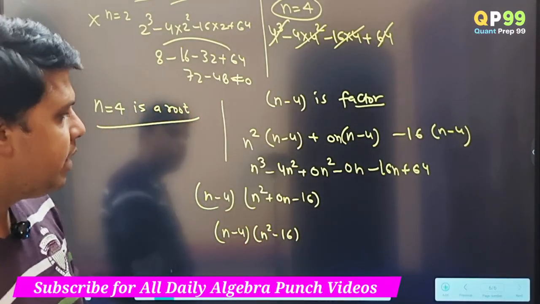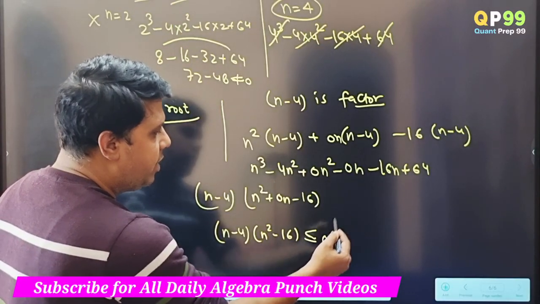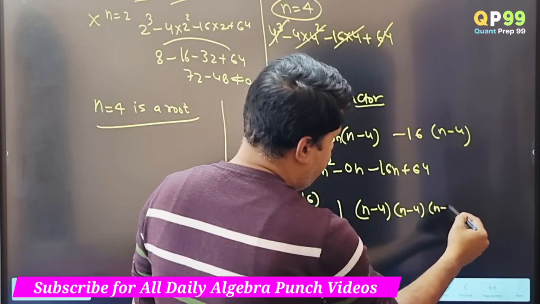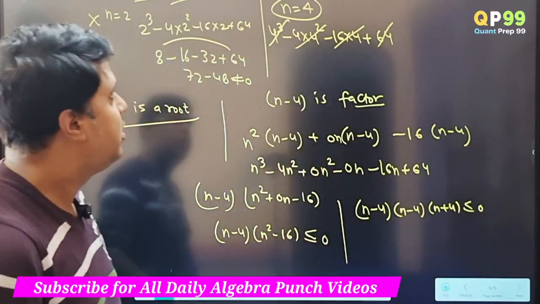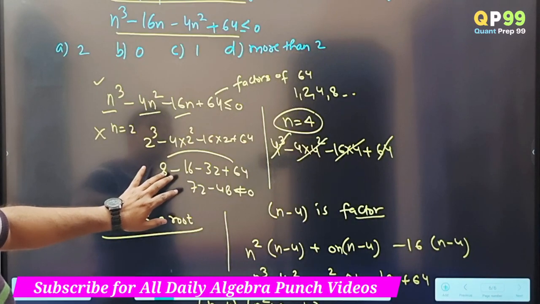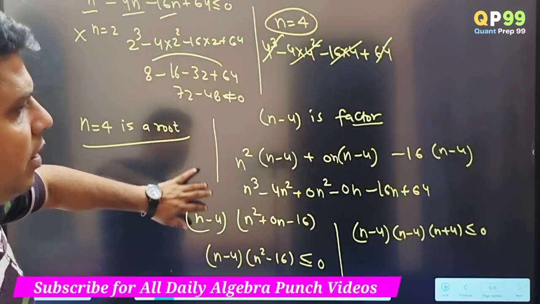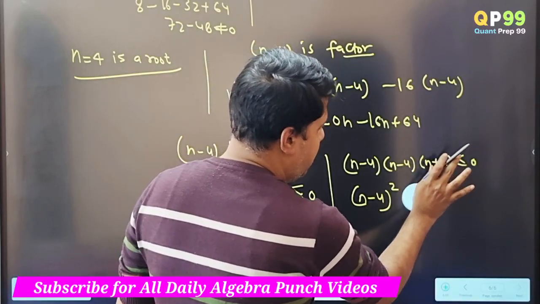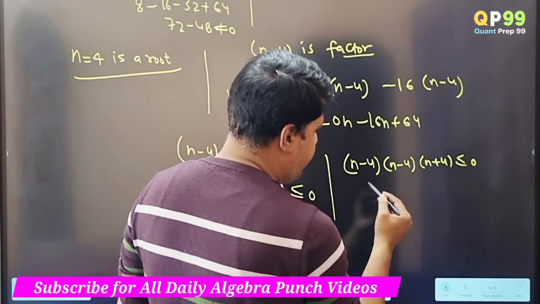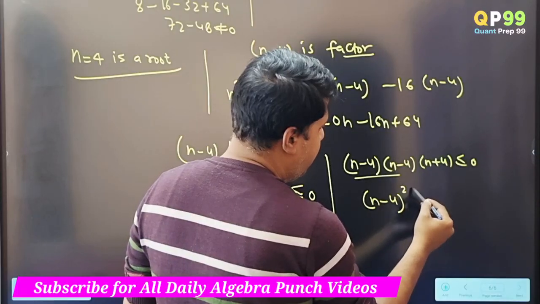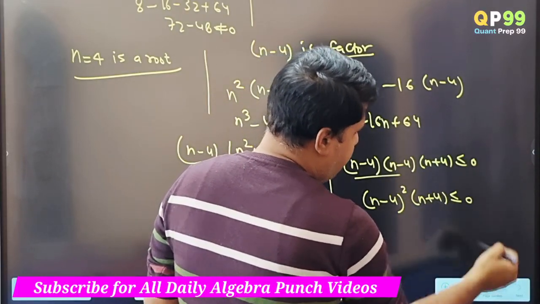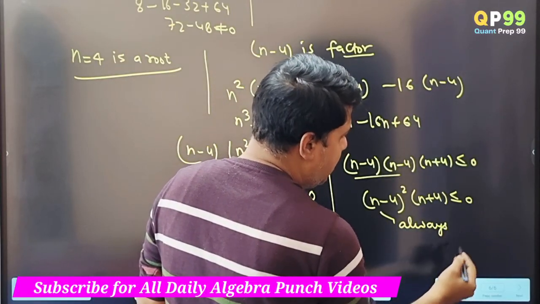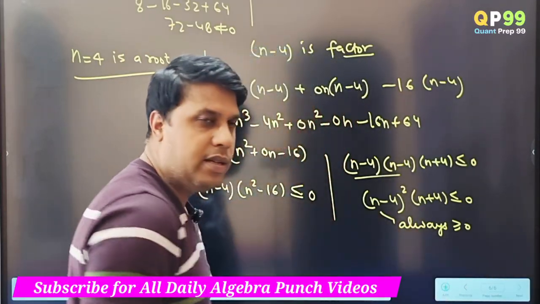N square minus 16, right? And it has to be less than or equal to 0, right? So n minus 4, n minus 4, then n plus 4, right? It has to be less than or equal to 0, right? Okay, so this becomes n minus 4 the whole square and n plus 4 less than or equal to 0, right? So this is always positive, always greater than or equal to 0, so this cannot be less than 0, ये